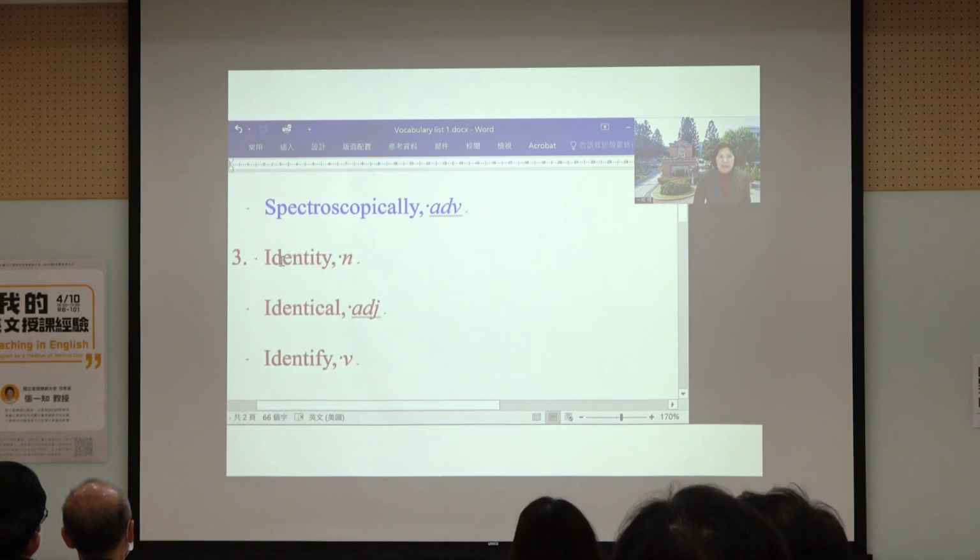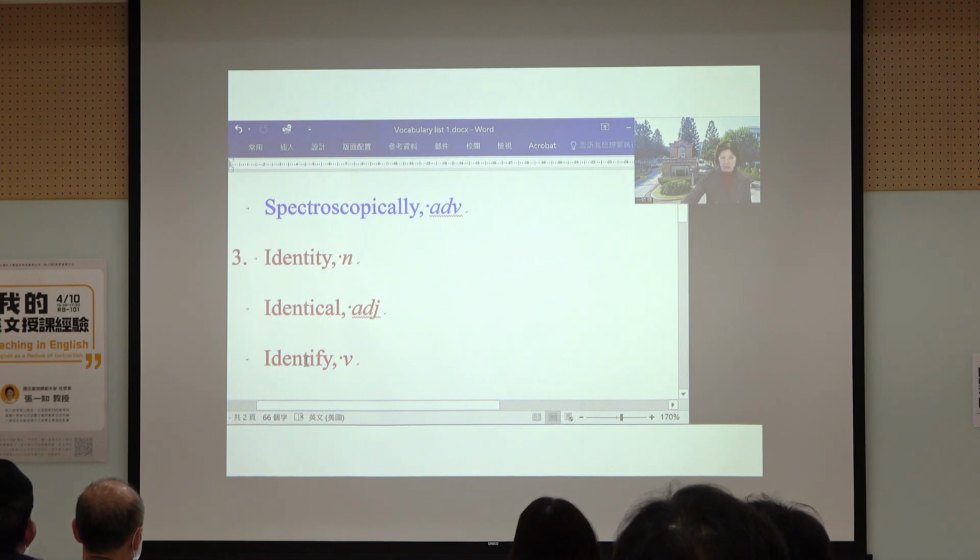And then we go into identity. Identity again is a noun. We usually know more about identical, which is an adjective describing something similar to each other. Identity is a noun, and we have a verb, which is identify. To find out something, to know something, that's called identify. So again, with one word, you have to learn the whole group. And you should know every form when you see it or hear it. So it's identity, identical, identify.